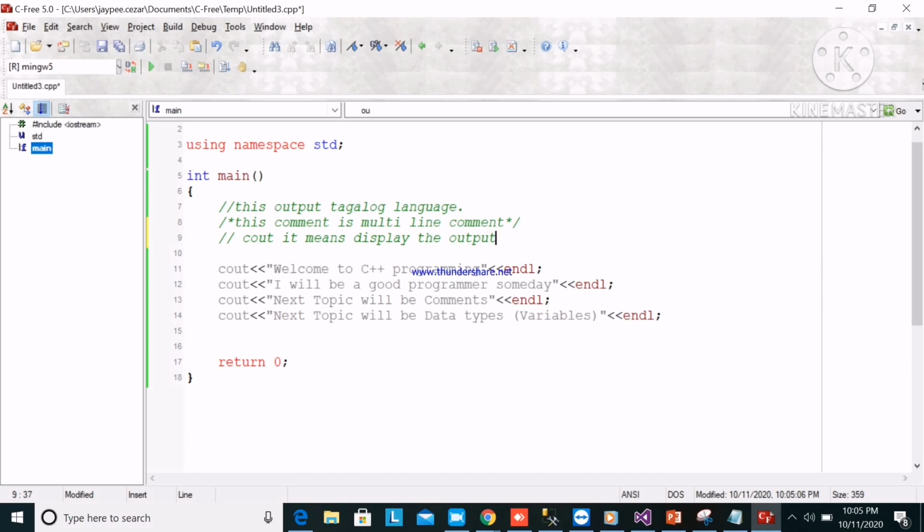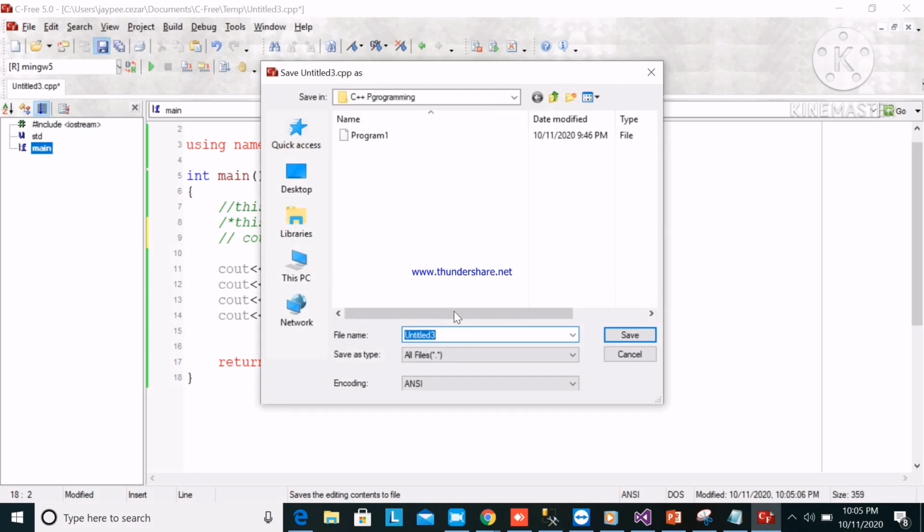Output means you want to display the output, just use the cout. Okay. Next topic will be variables. So for the next topic, we will create a new file. But before that, we will save this one. We will save this one as